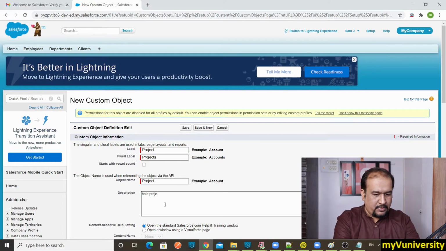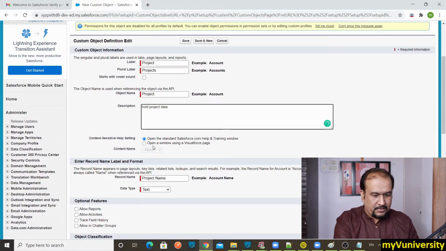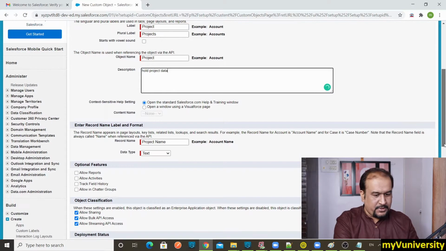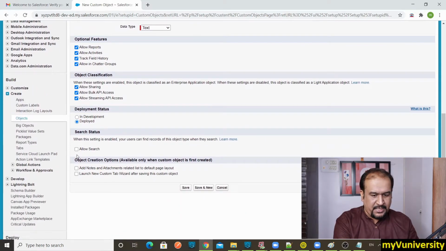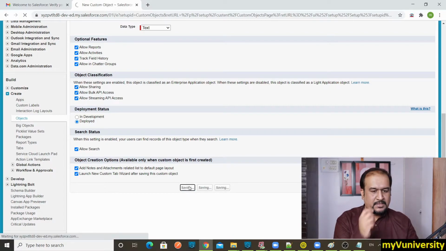It holds project data, that's the description. Then other stuff is already there. Project name is the standard field, so we are okay with that. This is all which we repeated for other objects. I want to allow search, and I want to create the tab right away. Let's click on save.